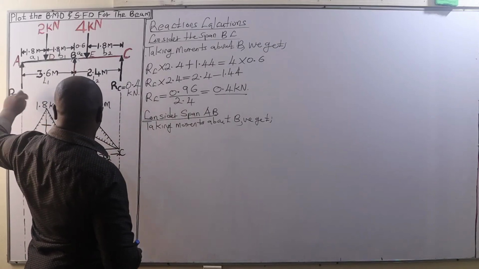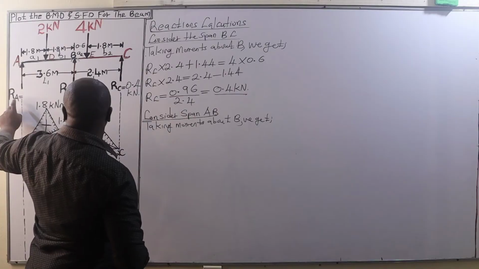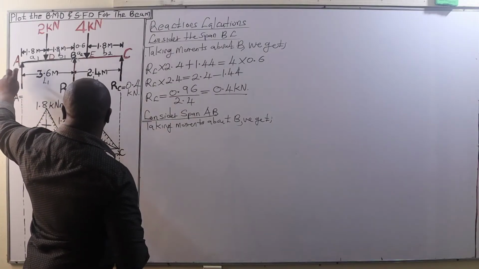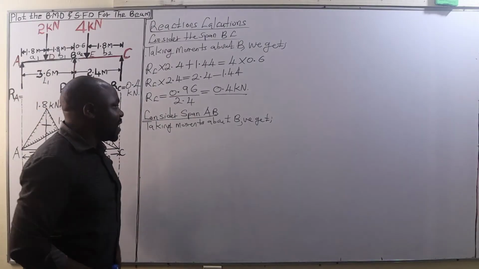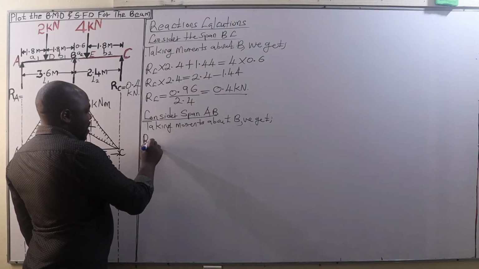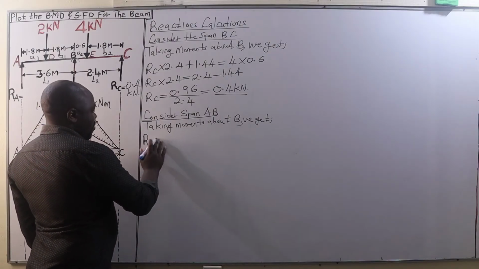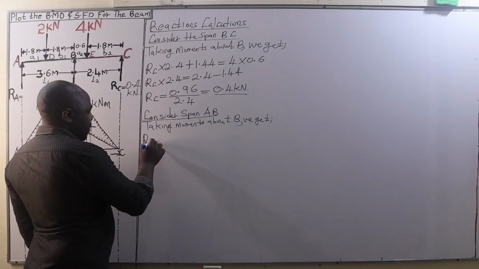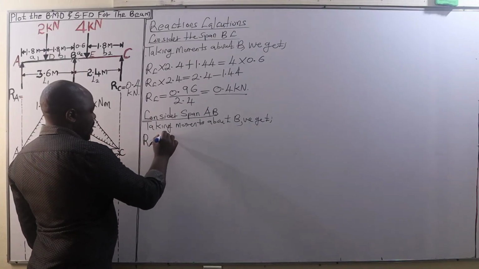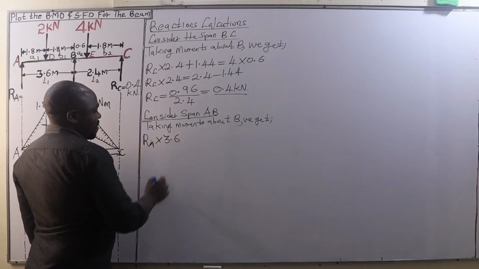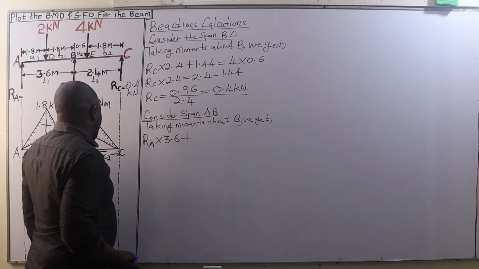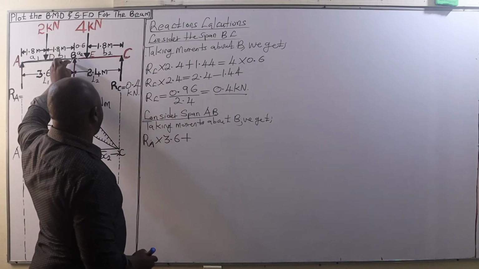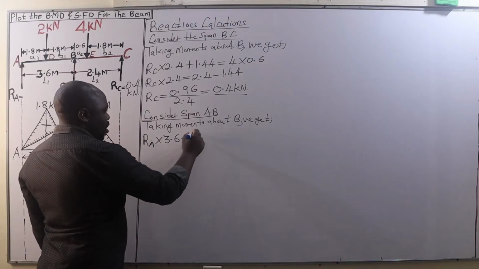A clockwise moment of RA times the distance from A to B, which is 3.6 meters, so RA multiplied by 3.6 meters, plus another clockwise moment, that is the moment at B of 1.44 kilonewton meters,